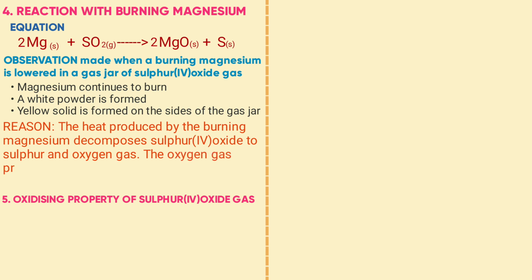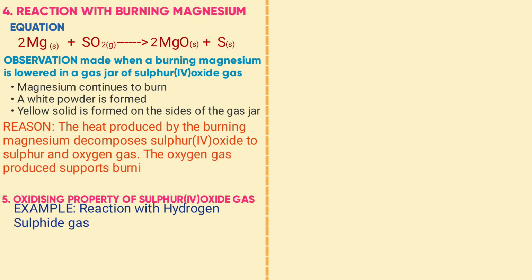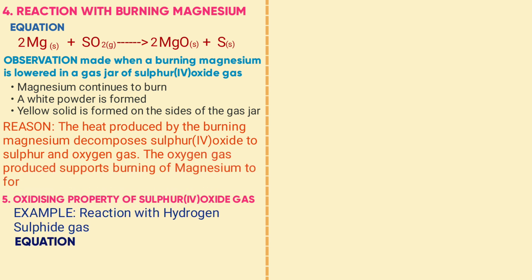Now, the oxidizing property of sulfur dioxide. An example is the reaction with hydrogen sulfide gas. Equation: sulfur dioxide plus hydrogen sulfide, arrow, sulfur plus water. Balance the equation: place 2 where there is water, 2 where there is hydrogen sulfide,